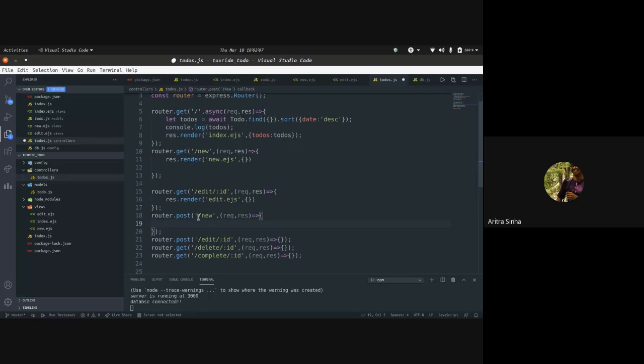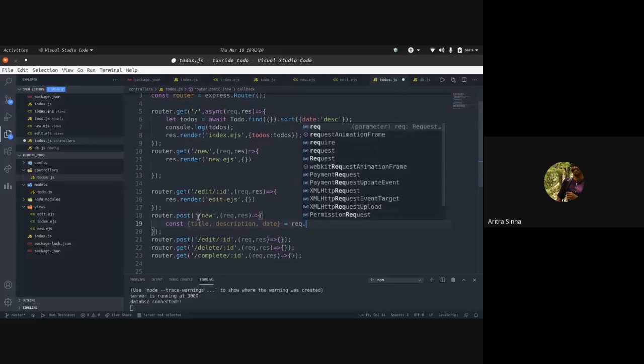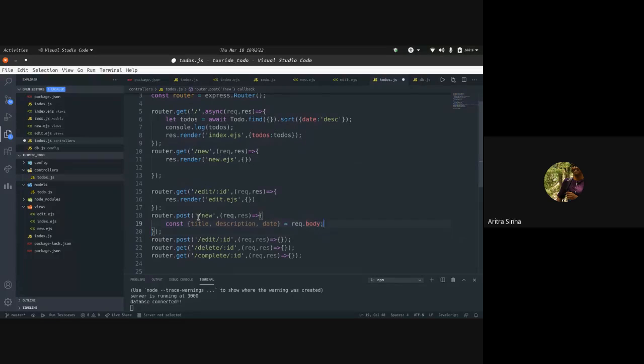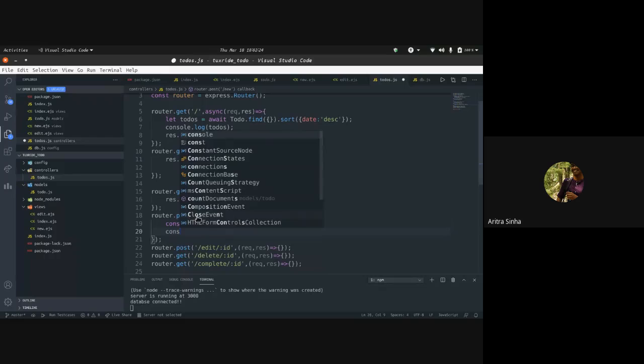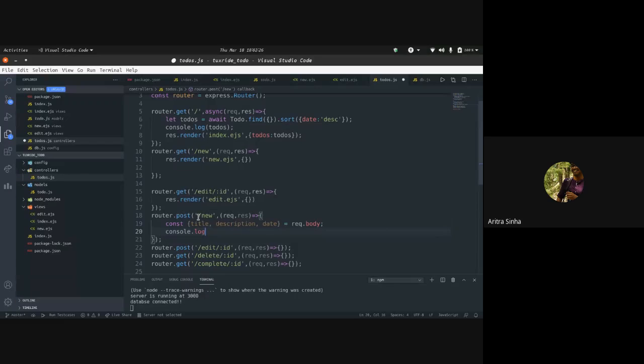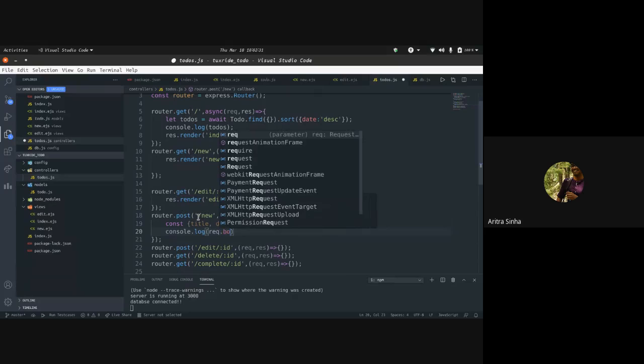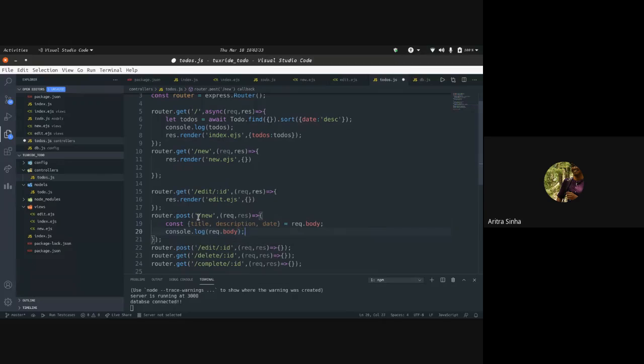First of all, we'll try to retrieve all of the things that are present in the body of the request, and date. Okay, these are the things that were present in the body, and when we try to print them, console.log request.body. Fine, this will print the body for us.